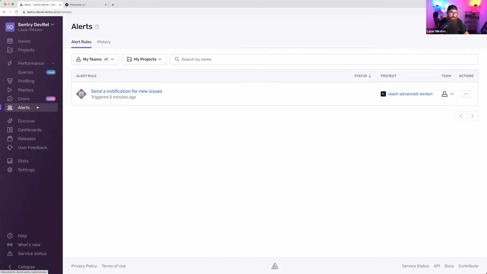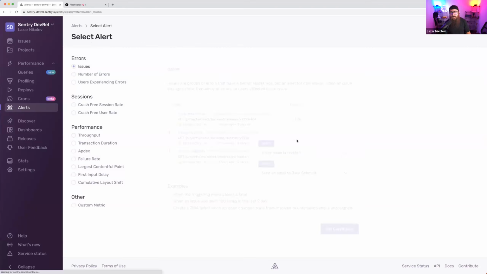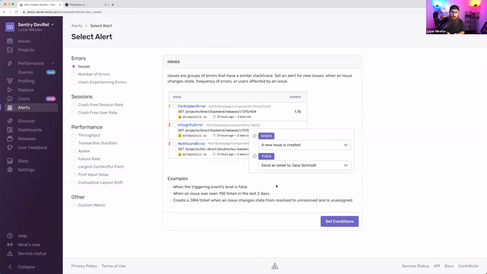So if we go to the alerts page and hit create alert, we'll be met with an interesting screen. So let's go through all of the options. There are 3 categories of alerts. We can create an alert based on errors. We can create an alert based on sessions, on user sessions, or we can create a performance alert. So, for example, the issues alert,